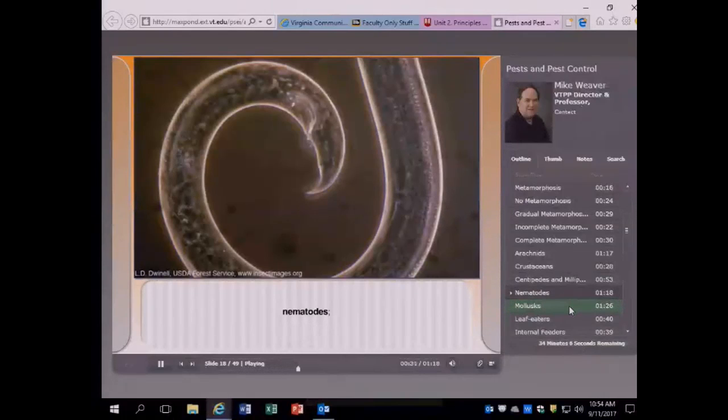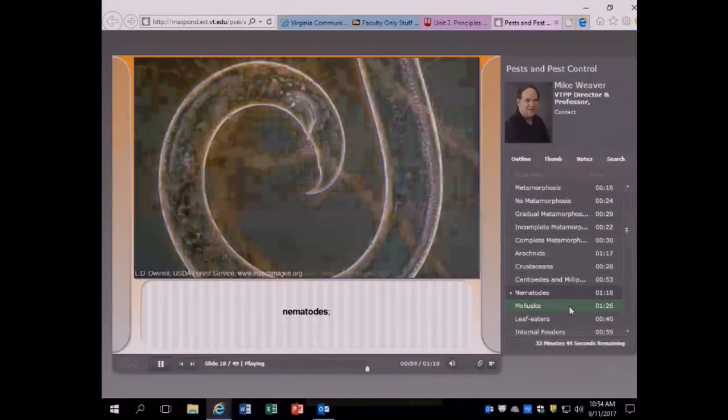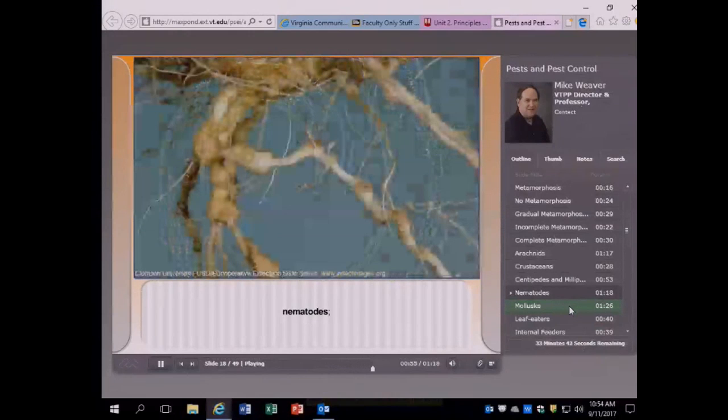Because plant parasitic nematodes are not visible to the naked eye, they're easily spread from place to place through our activities. The life cycle of a nematode includes an egg, several larval stages, and an adult. Most larvae look like the adults but are smaller. In adverse conditions, the females of some species, such as the root knot nematode, which is seen here infesting the roots of a plant,